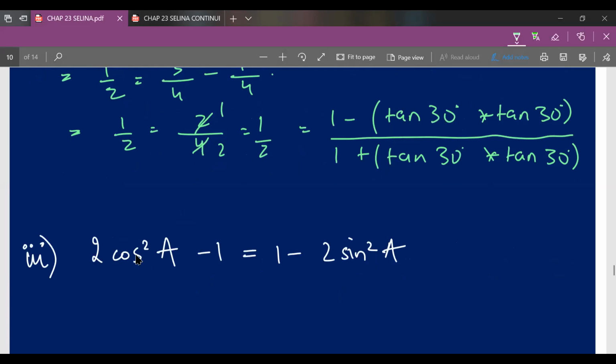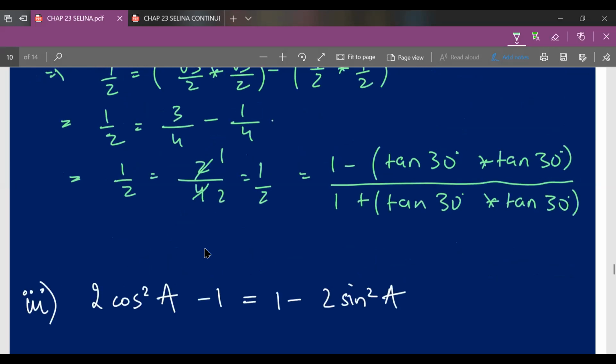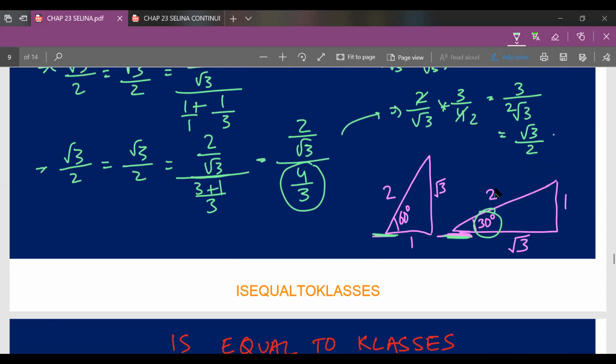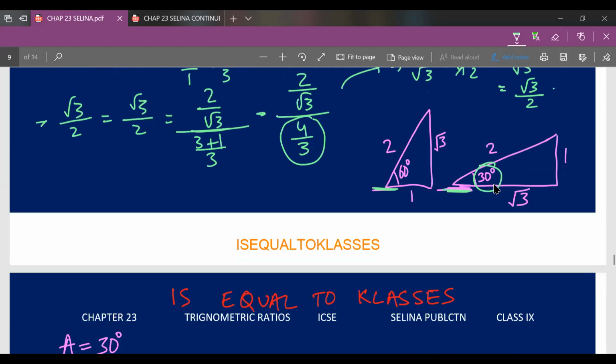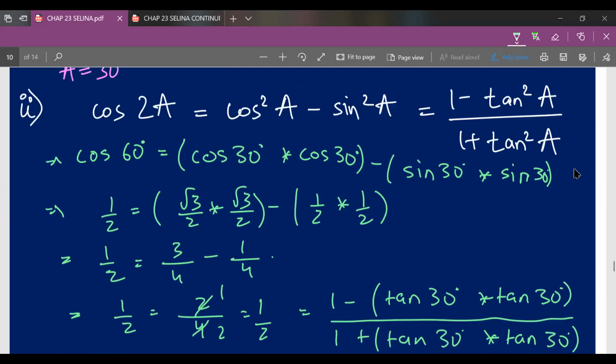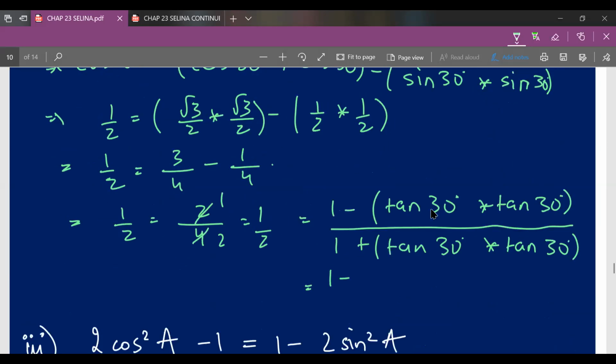So here comes the third part, so I'll try to solve it as orally as possible. Over here, 1 minus tan 30, we'll refer to this magic triangle. Tan 30 degree means, with respect to this angle, the perpendicular upon base, which will be 1 upon root 3. So therefore tan 30 degree will be 1 upon root 3, and 1 upon root 3 into 1 upon root 3 will be 1 upon 3. So therefore 1 upon 1 minus 1 upon 3, whole divided by